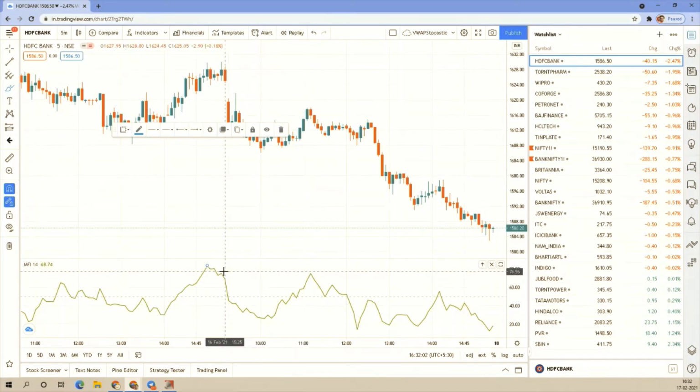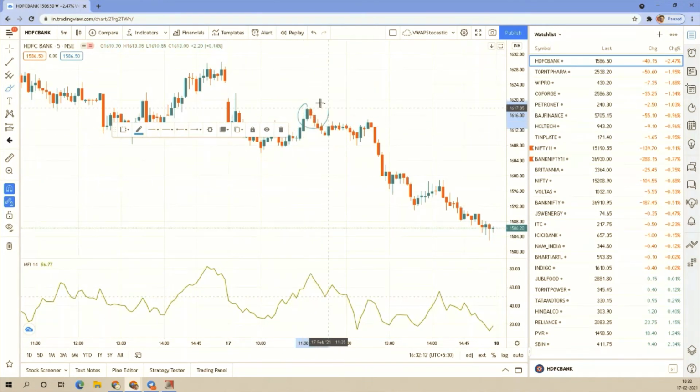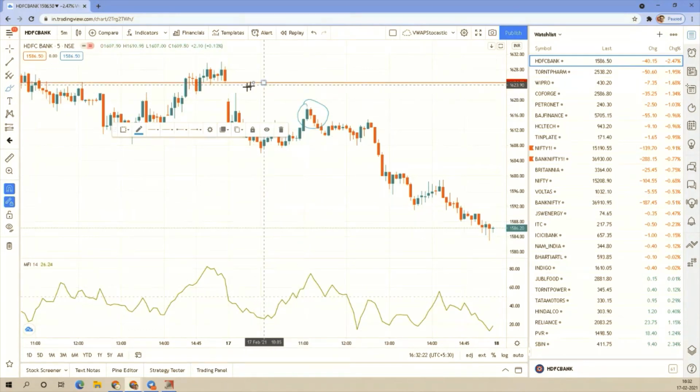Because this was yesterday and this is today's candle, it didn't open here. So I think this is an ideal place where we can think of shorting HDFC Bank. We can short here, and then have a stop loss somewhere here because there is a small gap here. So you should have a stop loss here, and once it touches the bottom and takes a U-turn,